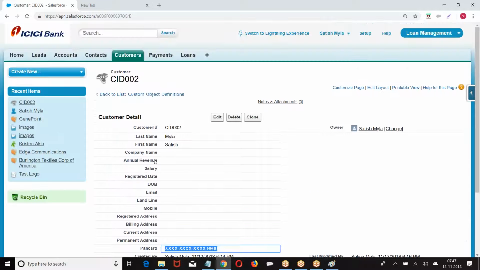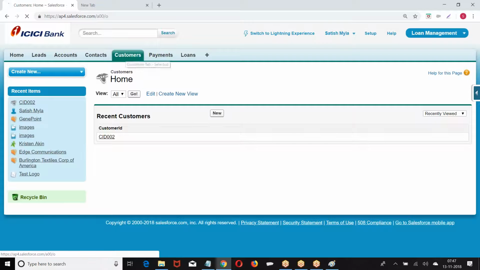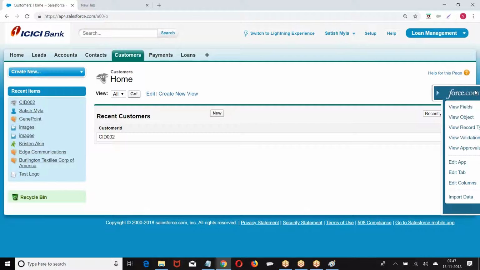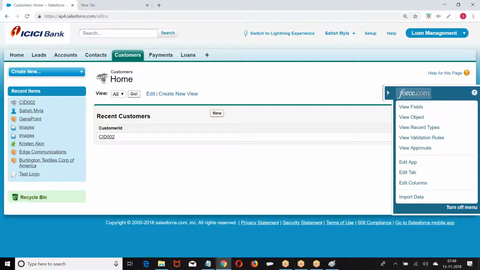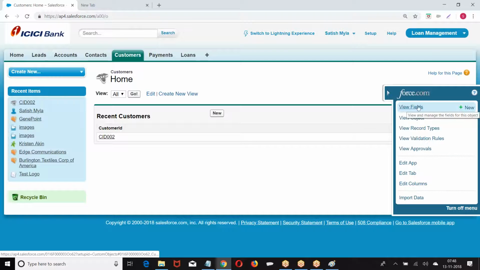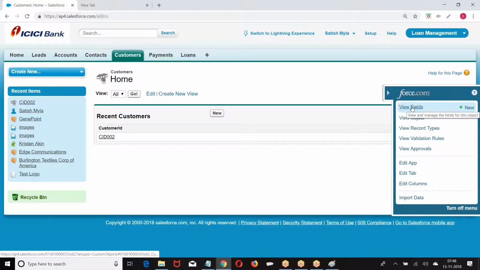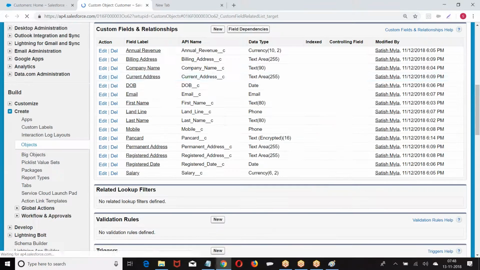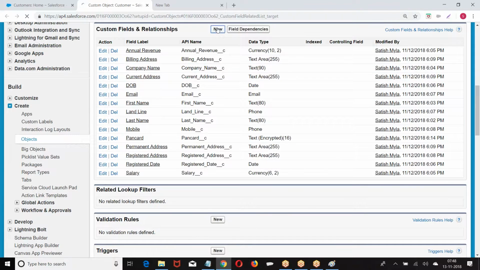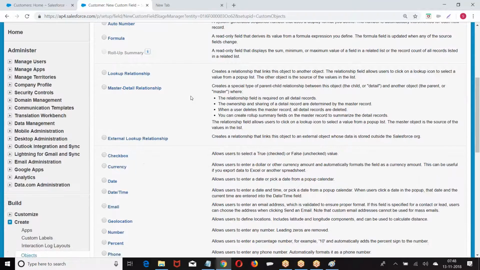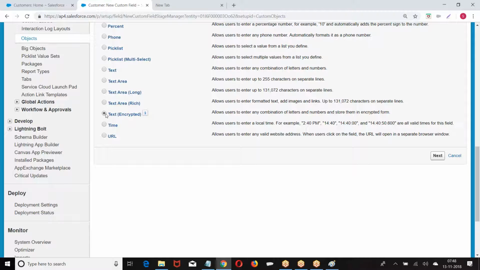Right. So let me create one more field. Now, when you click on the tab, you'll be getting what? Force.com, right? Every time I cannot go through all the navigation, so I'll click on the tab. I'll have a force.com view fields. Text encrypted.